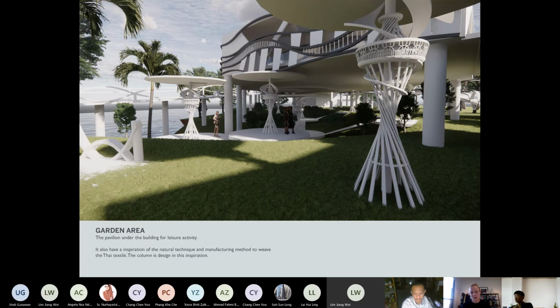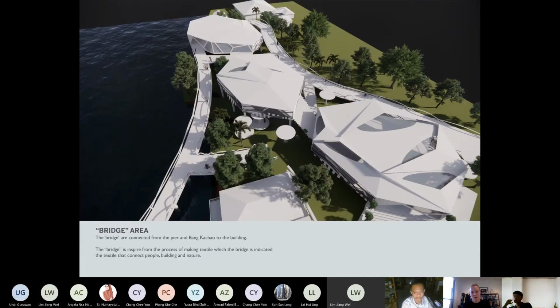So it is a language showing the process of textile. And then also the bridge area, which connects from the pier and Pangkachao to the building, is inspired by the process of making textile, where the bridge indicates the textile that connects people, building, and nature. So people from the pier can go to the building, and then the building leads to Pangkachao.